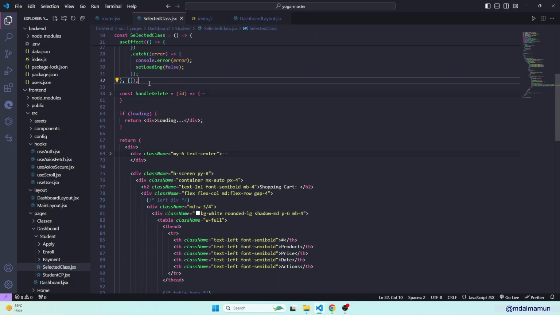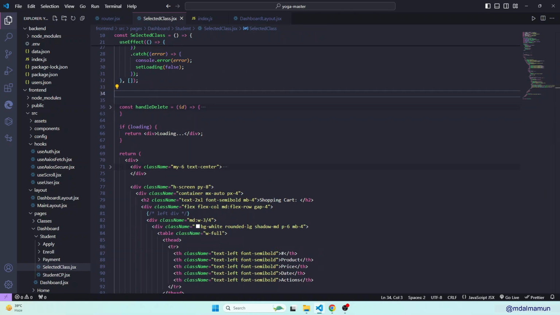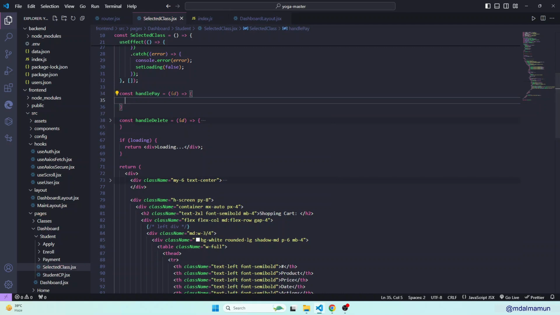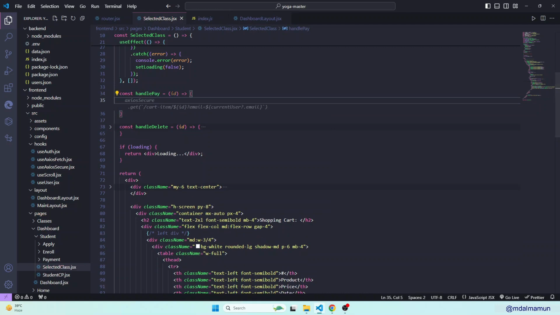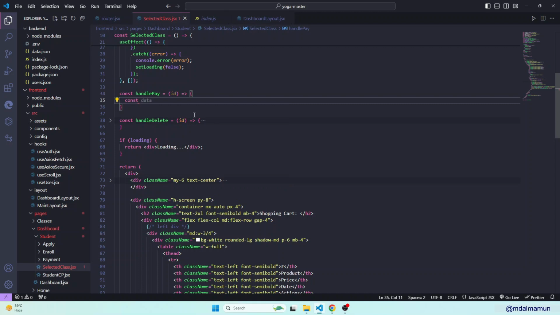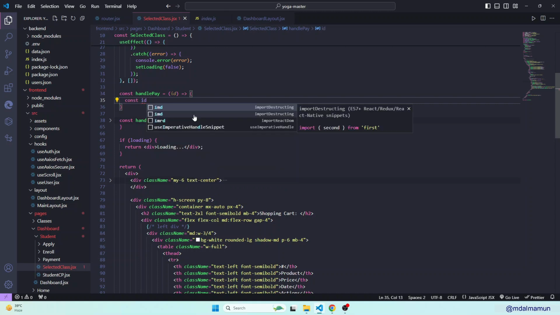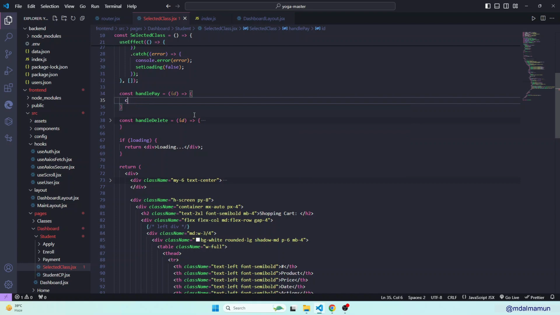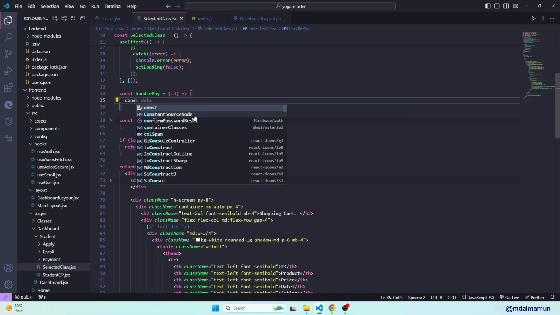So previously here we can just define const handlePay, so it will receive an id, then it will do some functionality. So here the functionality is that at first we would like to define the id, and console